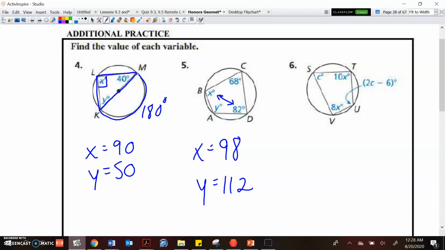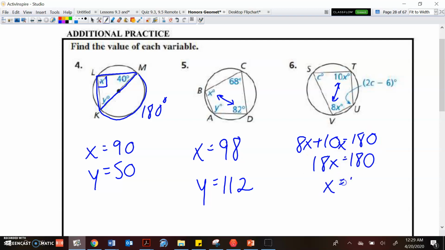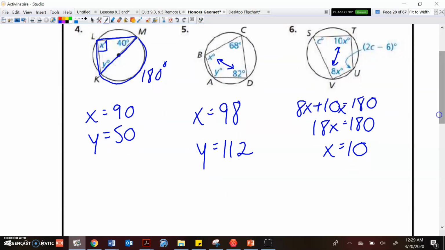Last one, opposites. So I can say that 8x plus 10x is going to equal 180. So 18x equals 180, making x equal to 10. And I could sub that in to check: 80 and 100 equals 180, so they are in fact supplementary. And then the other way, I can do